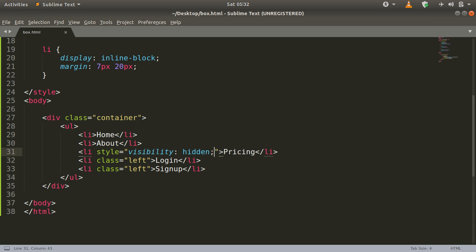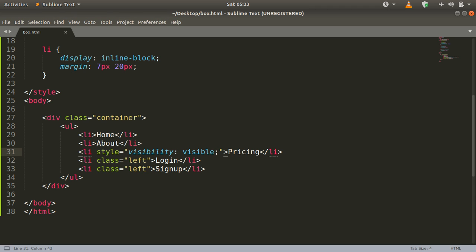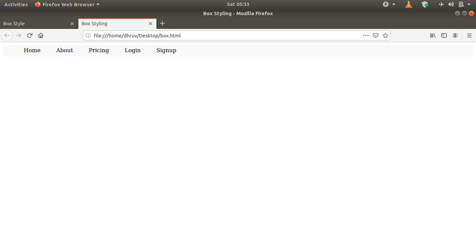And if we set its value to visible, then we are going to see the content which we have hidden earlier. So you can use this property along with JavaScript to add some effects to your web page. We will be covering that when we start the JavaScript section of the course.